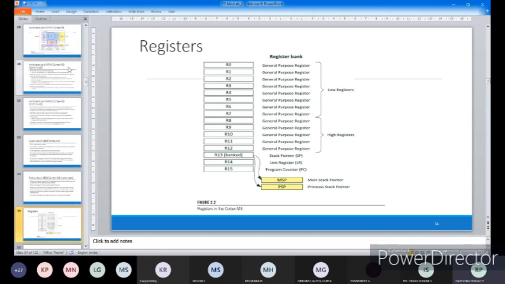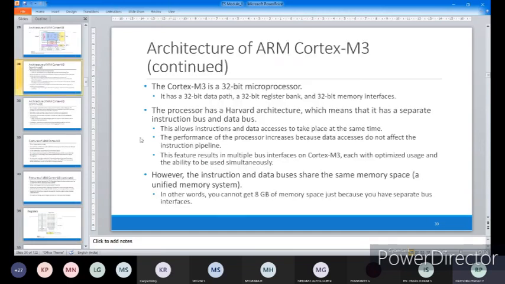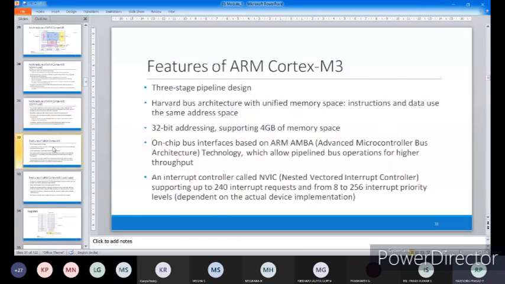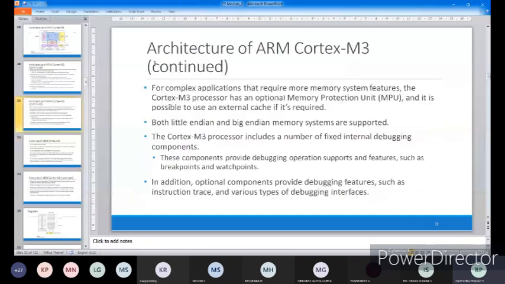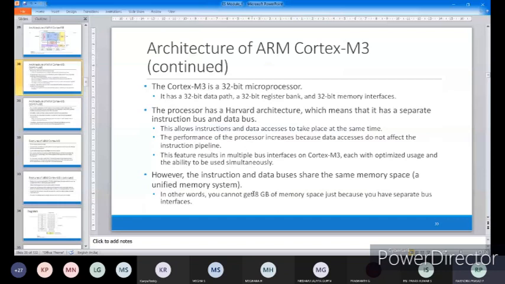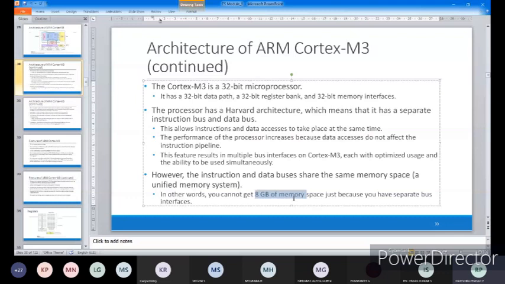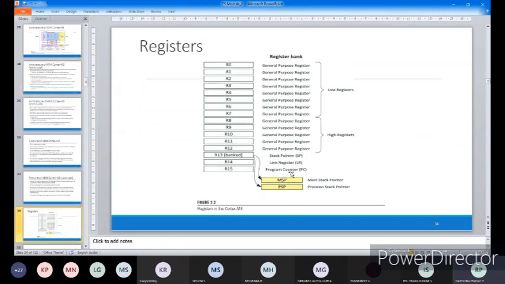It is not limited, because here you can see I mentioned 4 GB of data, correct? 4 GB is present. Now here you observe it is having 8 GB. Where did it go? In other words, you cannot get 8 GB of memory space. So, sir, here you are telling 8 GB, there you are telling 4 GB. The reason being the external register, which the MPU is using, their link register has been added to this one. So you can have multiple parts.